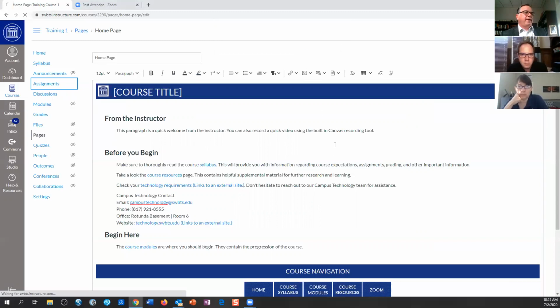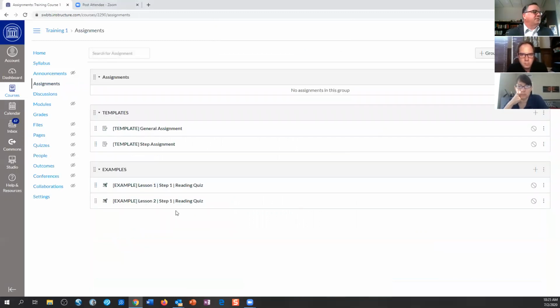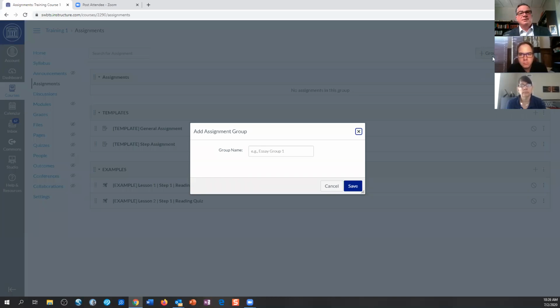And I'm going to leave the home page. And this is what you get as far as what comes in the template course. So think of how to organize. What I'm trying to say here is organizing your assignments around group headings. So a group that you assign to your assignments might be something like this. I'll just create a few for the purposes of illustration. Let's say I've got book reviews in my course. I'll hit plus group. So I want to add a group of assignments, and maybe I'll give it a title called book,